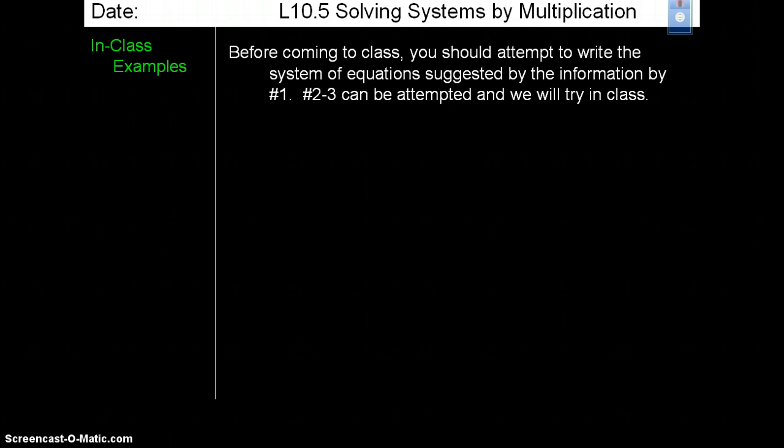Before coming to class, you should attempt to write the system of equations suggested by number 1. We all need a little bit more practice with writing the systems of equations. And numbers 2 and 3, you can go ahead and attempt these on your own, preparing yourself for class by allowing you to see where your confusion might be and what questions you might want to ask when